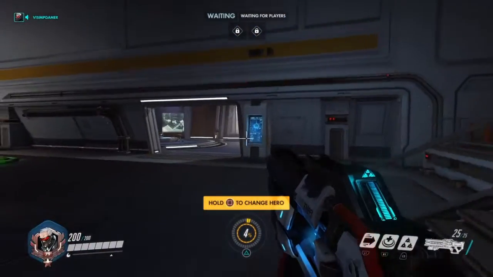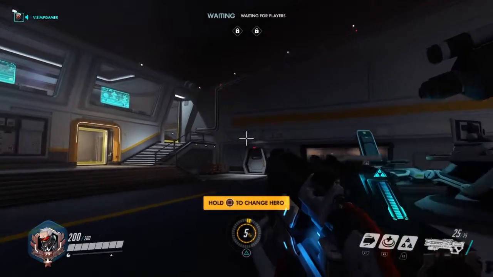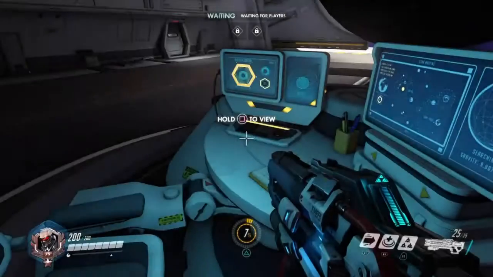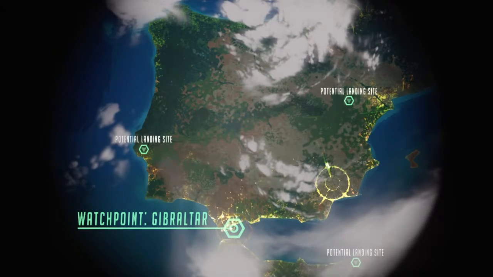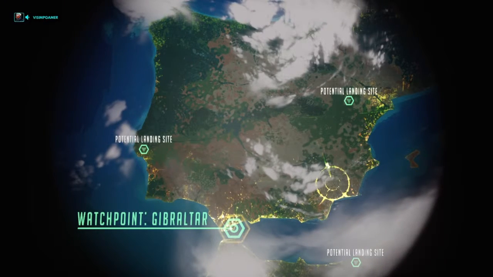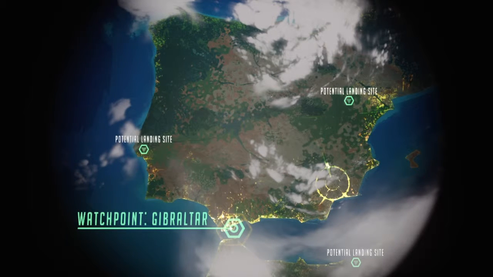This is the attacking spawn, and as you can see there is a giant telescope and you can look through it. I did try moving it around, but it doesn't seem to move. As you can see, it's currently looking on Spain. Well, specifically, as you can see, there's Watch Point Gibraltar,